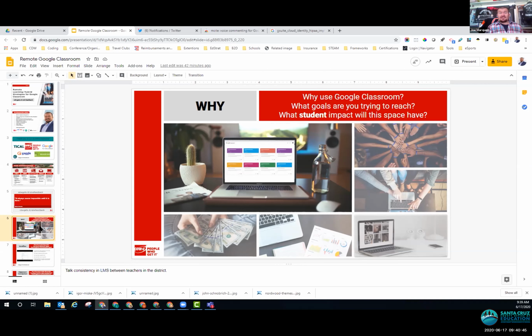In general, in a face-to-face classroom, we love that Google Classroom is a repository of all of our assignments. We love the fact that we can push out a Google Doc or a Google Slide or an assignment, and we can see in real time the students working on them. One of the key features of Google Classroom in a face-to-face environment is you can tell students, hey, by the end of the day, I want this assignment done. And by having them mark things as done, you can see how many students have completed it and how many students still need to complete it. So you can use that as an accountability tool.